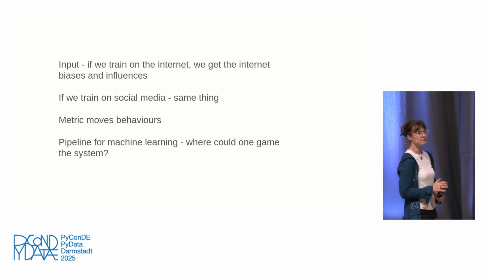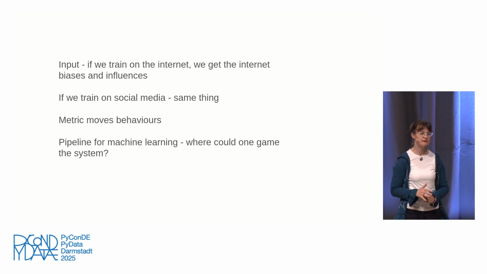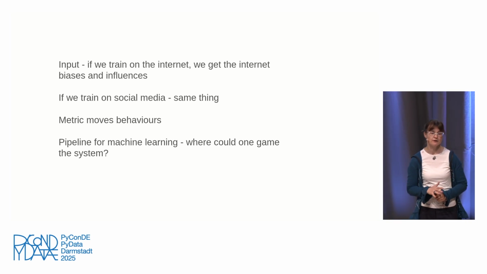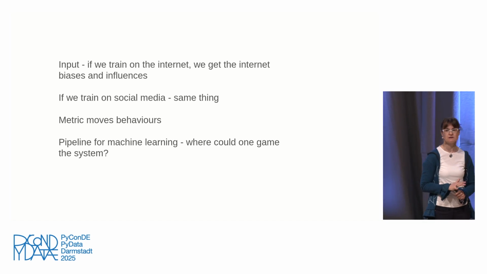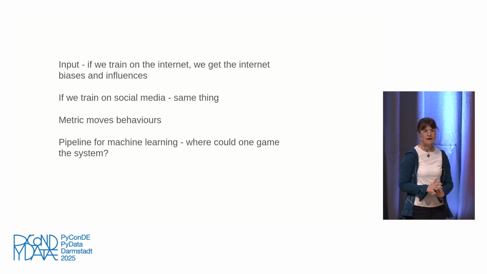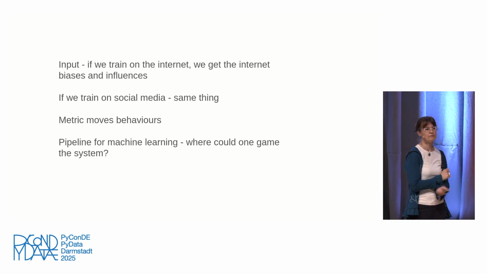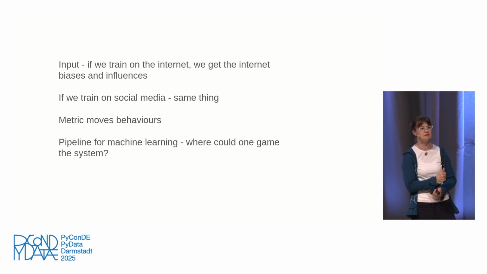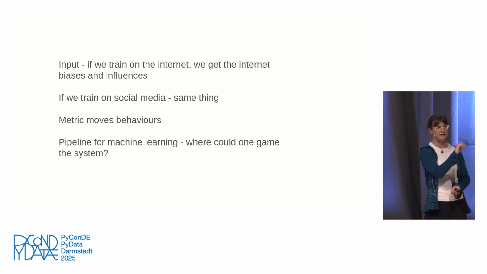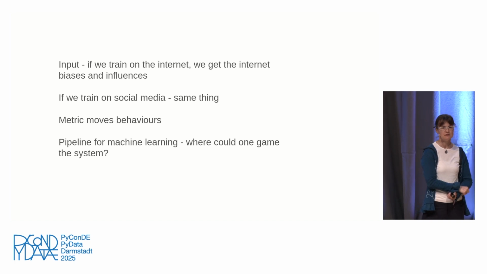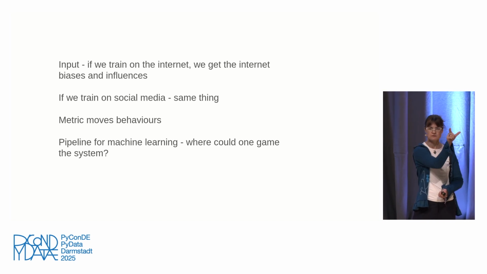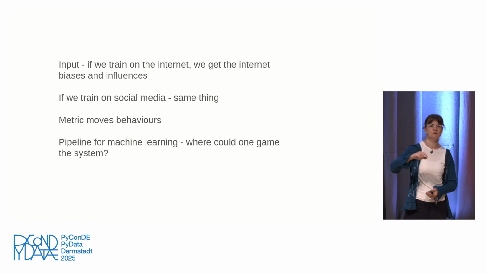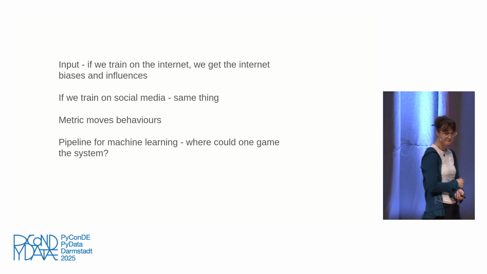So when you build a pipeline for your machine learning system, what you want to think about is, where could someone try to game the system? I remember talking to people working within Twitter, thinking about such and such a feature would be nice to have. Wouldn't it be nice to see such and such in your timeline about your friends? Yes, it would be nice. But it also opens up the door for someone trying to influence the ranking.